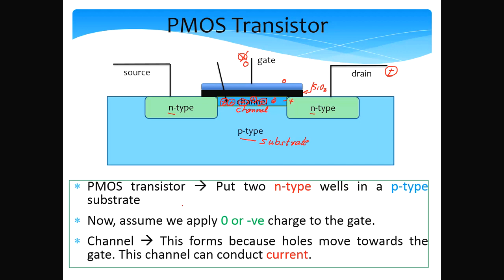In a PMOS transistor, the channel gets formed when the voltage at the gate is either 0 volts or negative, and this is when the transistor conducts. If we now apply a positive voltage at the gate, all the holes will get repelled away from it and the channel will pretty much die. Once there is no channel, there are no charge carriers in this region, hence current will not flow.